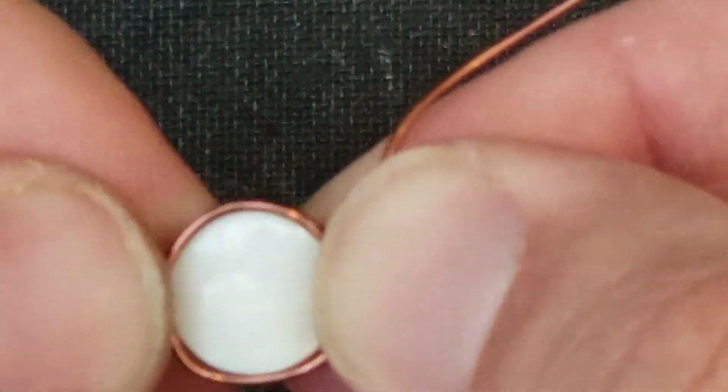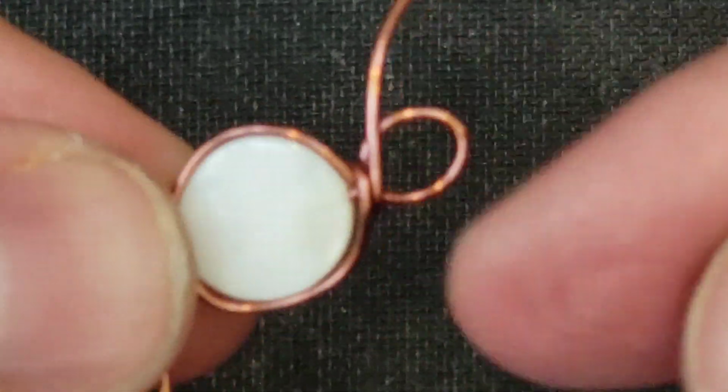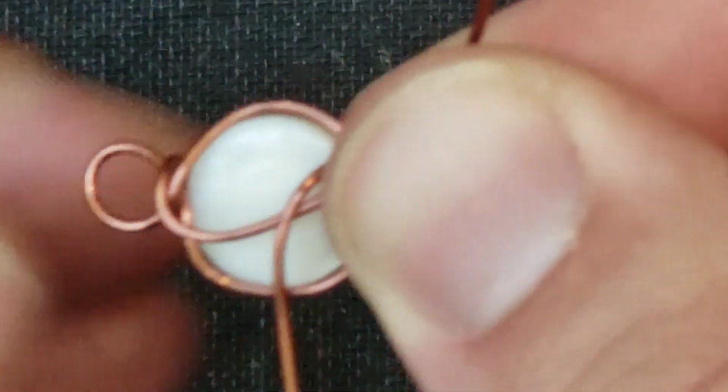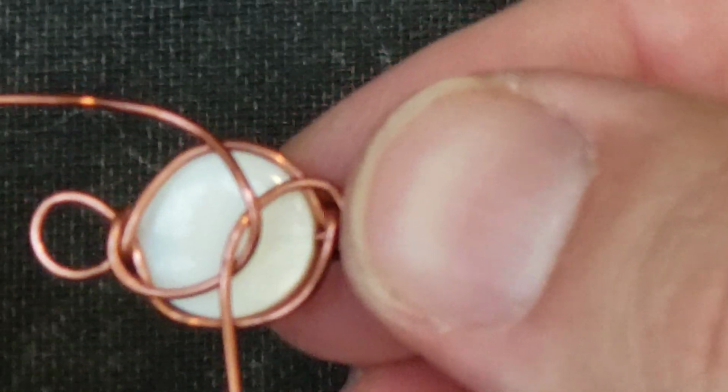And at the end of the day, I'm just not going to worry about it. Now, before we just wrap and scarf the rest of these, we're going to come back over the face of the stone. We're going to cross these right in the middle, like that. And then we're going to